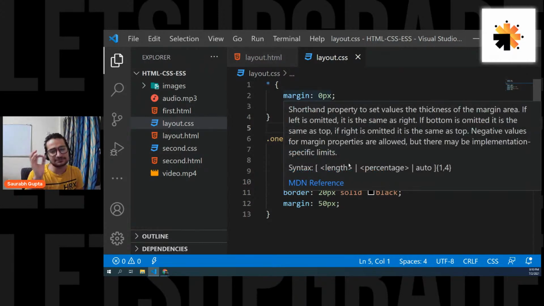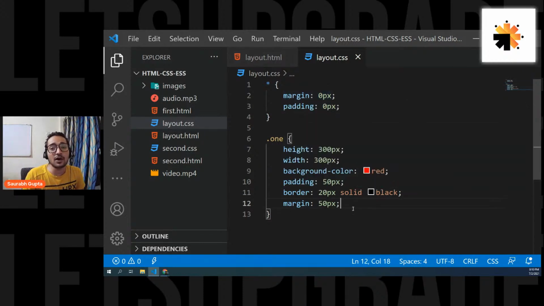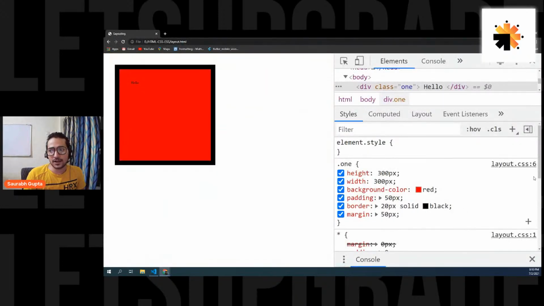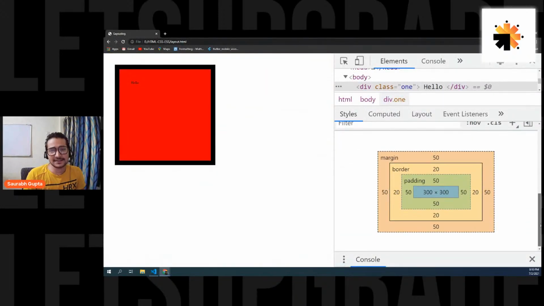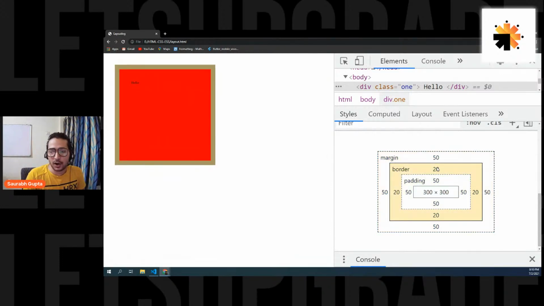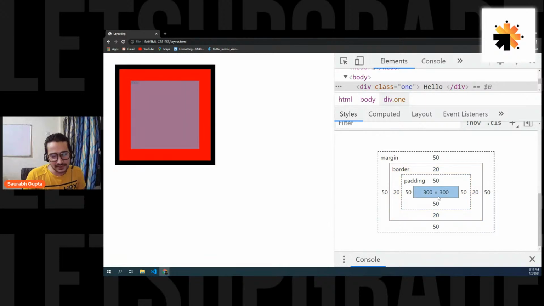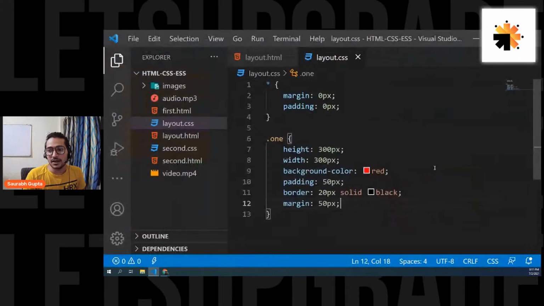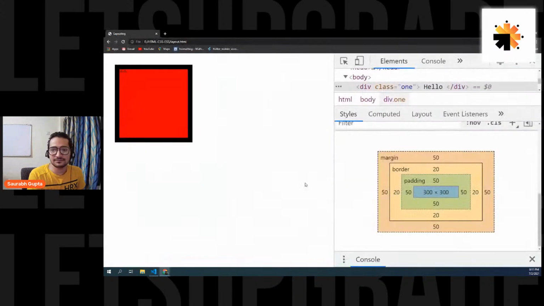I think it's easy, but please focus on what happens when you give box sizing border box. In this case, this is the actual size of the element, 300 by 300, and the border is 20. The actual size is 300 and the border is 20. And for some time, let's remove padding so that there is nothing between the border and